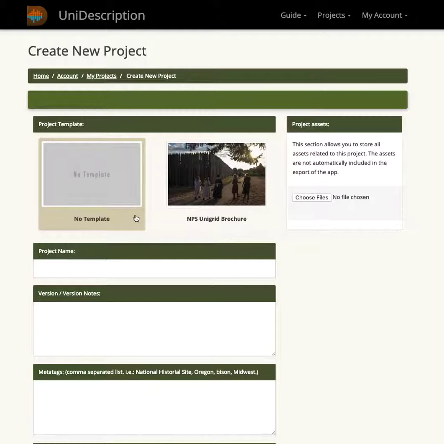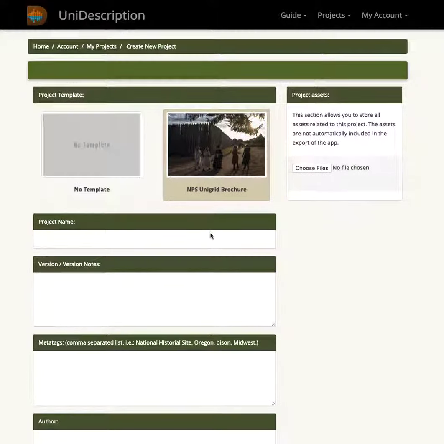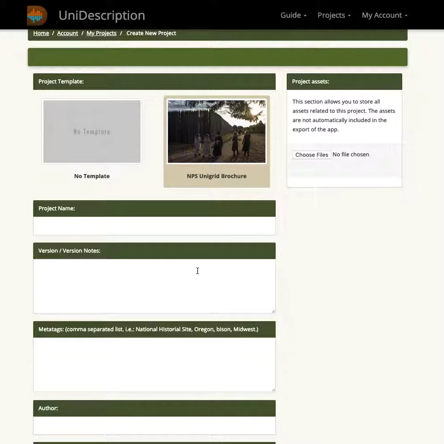The first choice is no template, which means your table of contents will be generated without any particular form to it. It'll essentially start you from scratch. If you're working on a Unigrid brochure for the National Park Service, then clicking on this particular template will give you some of the basic foundational components that the Unigrid brochures typically feature and in the order they feature them, so it provides some uniformity to